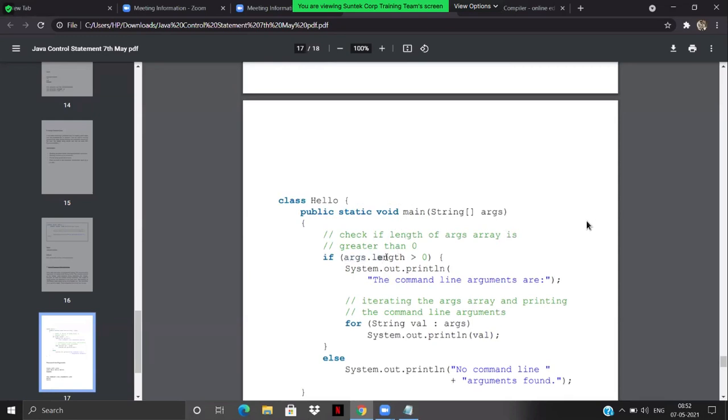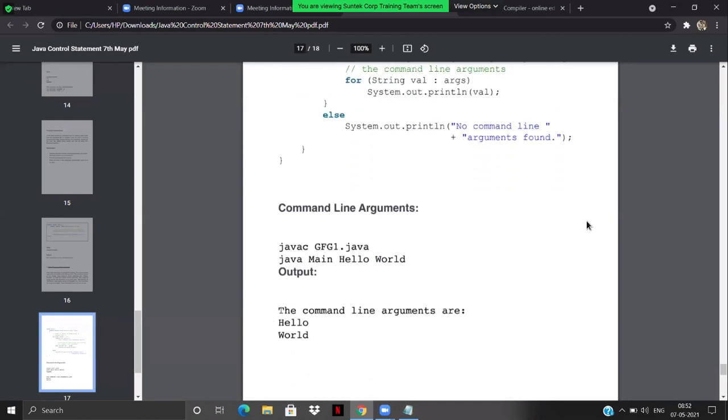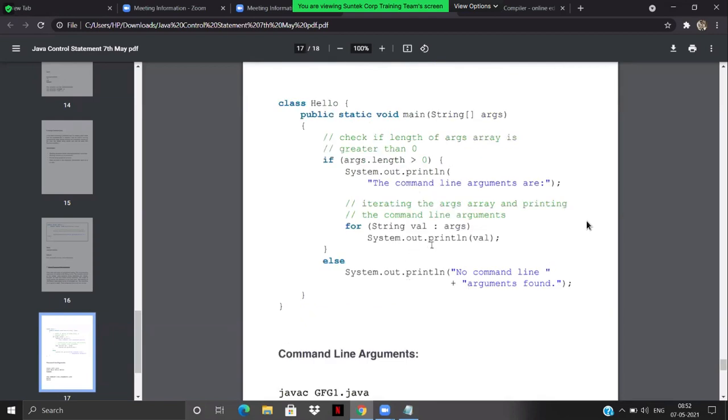So if args.length is greater than 0, then it's going to print the command line arguments are, which is basically this. Then for the string values in args, that means it's going to iterate over each and every args value. System.out.println of val. What does the val indicate?